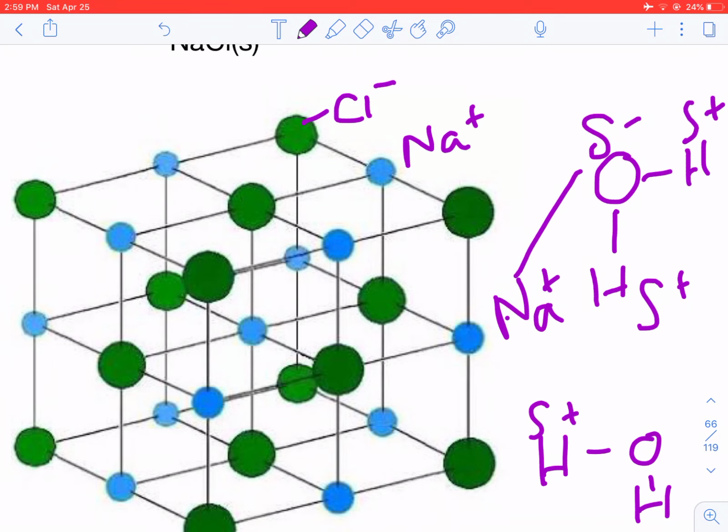Right, so what happens is that the water molecule tends to attack